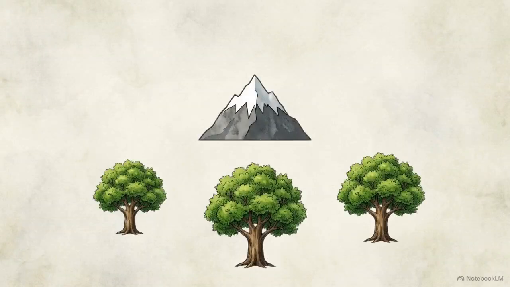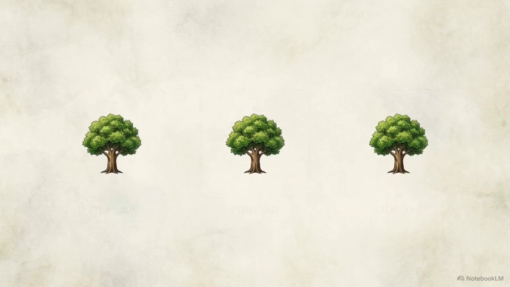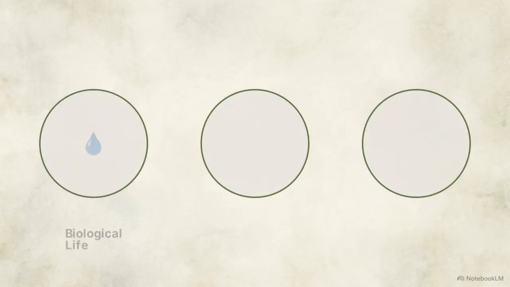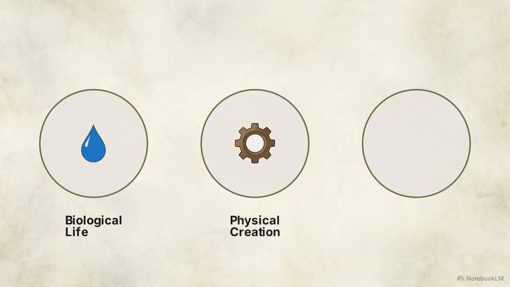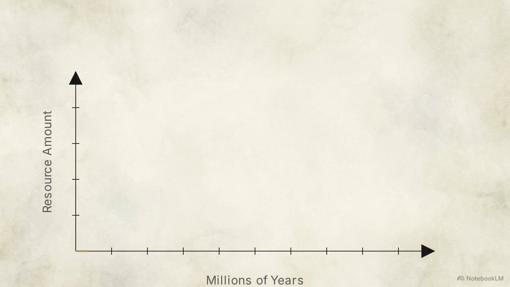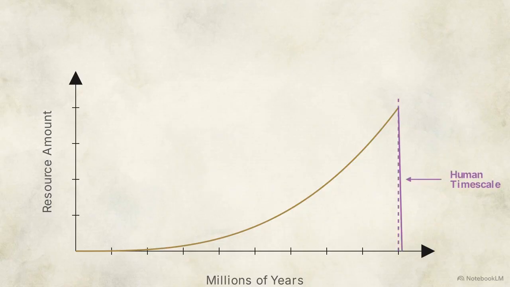Modern life is built on a perceptual shift. We look at an ancient, independent ecosystem and see an inventory of exploitable goods. We generally categorize these goods based on how we use them: elements essential for biological life, materials for physical creation, and sources of energy. We then divide them by time. Non-renewable resources take millions of years to form and are strictly finite. Once they are gone, they cannot be replaced on a human timescale.